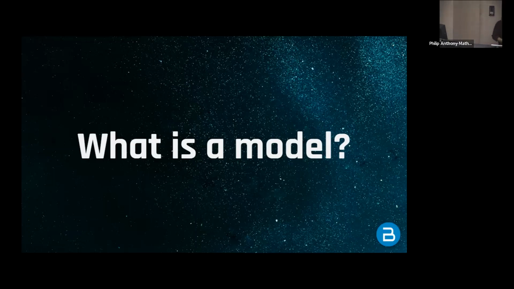So I guess we can think of a model like this. First of all, we want it to be able to take in the inputs and give us answers, right? That's a pretty obvious one. We want it to take in the inputs and give us some sort of output. We also want it to have some sort of parameter, or it needs to be learnable, is the term, right?